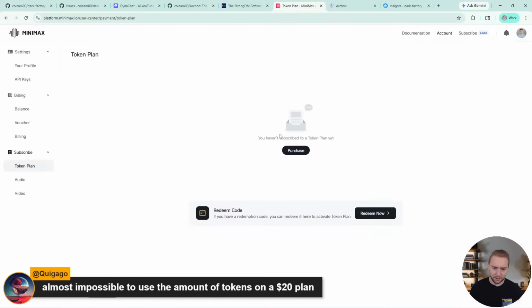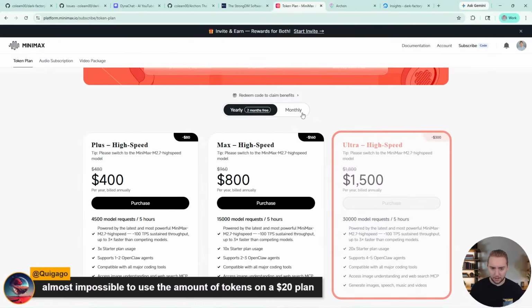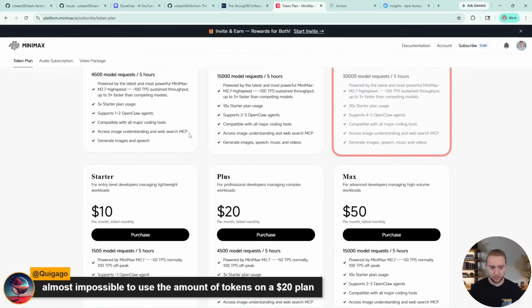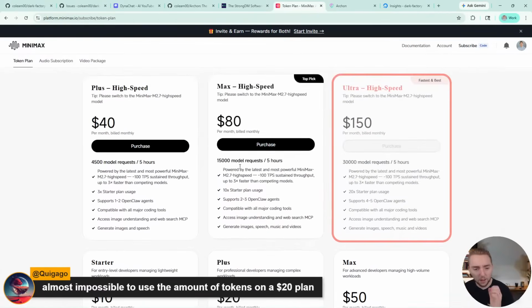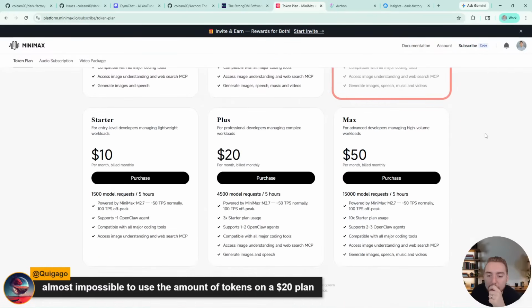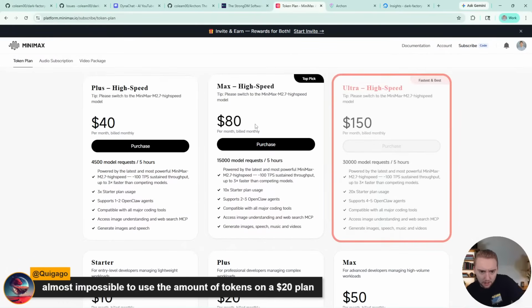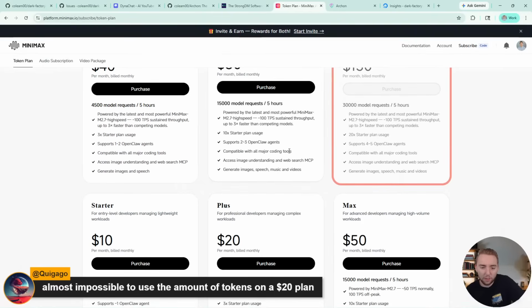Because it's this right here, token plan, right? Let's see, which one? Oh, okay, yeah. What does this look like? So 15,000 model requests for 5 hours. I mean, that would scale extremely well. Wait, what's the difference here? This one's 15,000 and this is also 15,000? Oh, because it's high speed. Okay. Yeah. So really, I'd only need this one because I don't really need high speed.